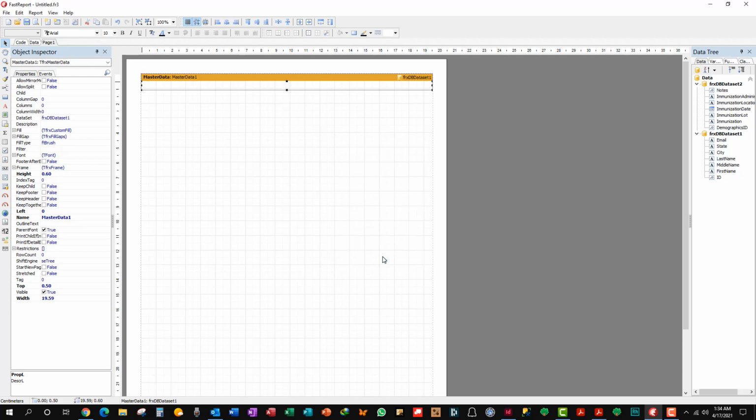Okay. And let's widen this up, enlarge this a little bit. Well, if I can catch that little handle. Yeah. We'll just do that. See, here's our data sets. This is data set 2, which is the immunization table. Here's the main table, the demographics table. And we're just going to put